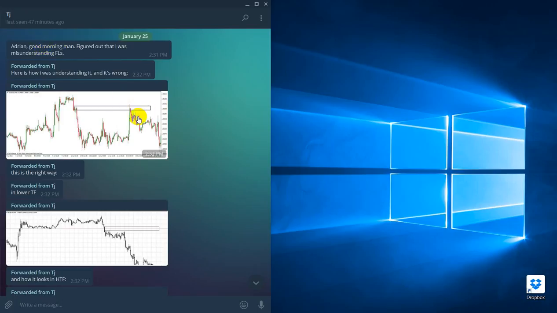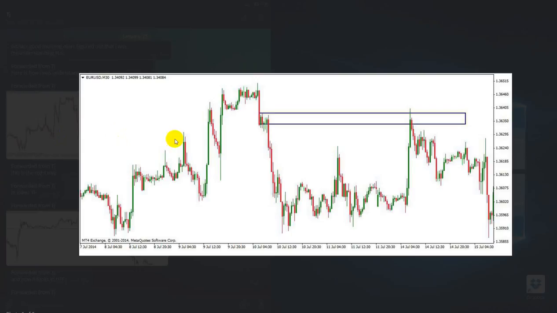Anyhow, I'll just run through a few of these images. This here, what I saw straight away, because this is a big sharp drop, I'd assume this would be ignored demand, and then on retrace it becomes supply, so it's ignored demand turn supply on return. Here, because it's a big sharp drop, it's gone straight through this demand area. It made a kink here, but it's a big kink, and to me it looks a distance from here. So straight away, that looks like a fake out area, if anything. So you can see it's faked out. This is after the fact, but I'm saying straight away you'd be looking at that as a fake out area